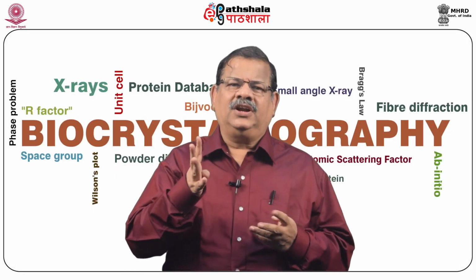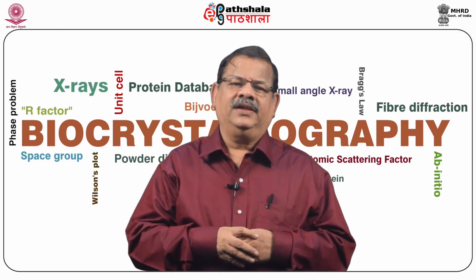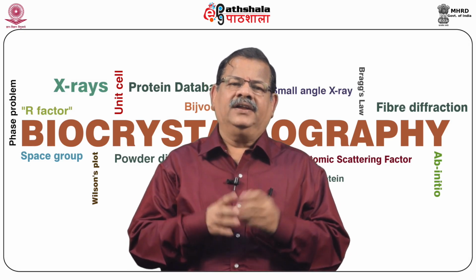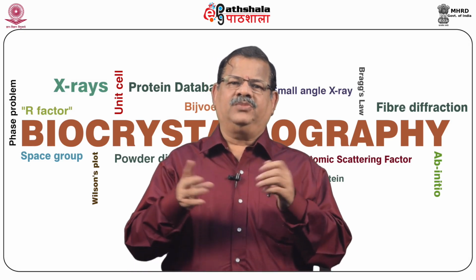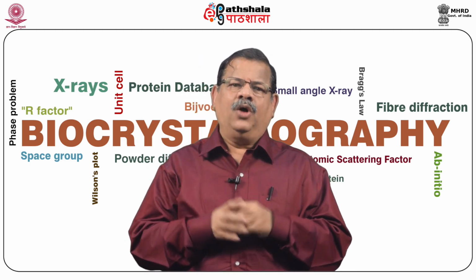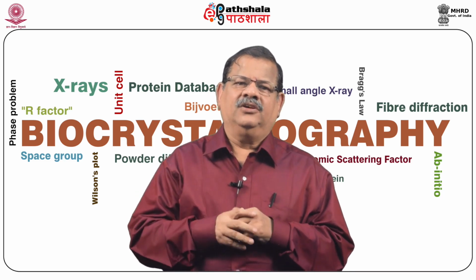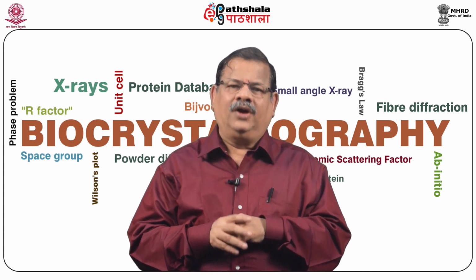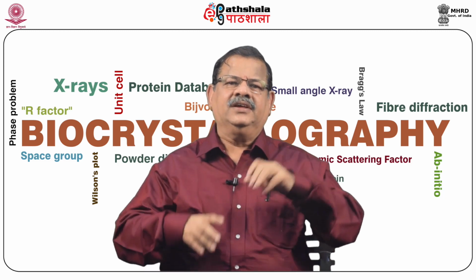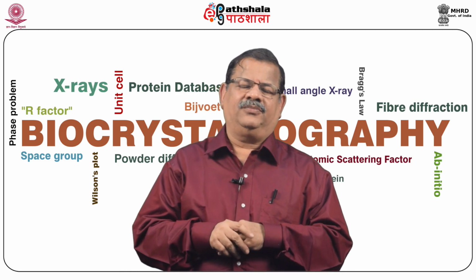If 4 zonal reflections are chosen with phases 0 or pi as known, which are called origin defining reflections, and one more reflection for enantiomorph fixation is chosen with phase value plus or minus pi by 2, now one has 5 reflections, each reflection having 2 choices for phase values. So totally we have 2 power 5 combinations, 32 combinations of the starting 5 values for the phases. Accordingly we have 32 sets of solution given by direct methods.